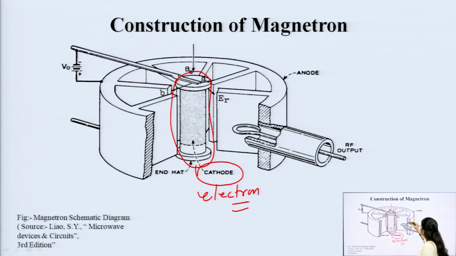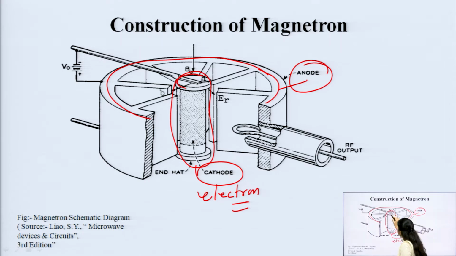Then the second one is the outer cylindrical structure. This is the anode, and the radius of the cathode is A and the radius of the anode is B. You have to remember these points because these terms are going to come further in the lecture. This center one is the cathode having a radius of A and the outer one is the anode having a radius of B, and this is responsible for the generation of the electric field, and a high magnetic field